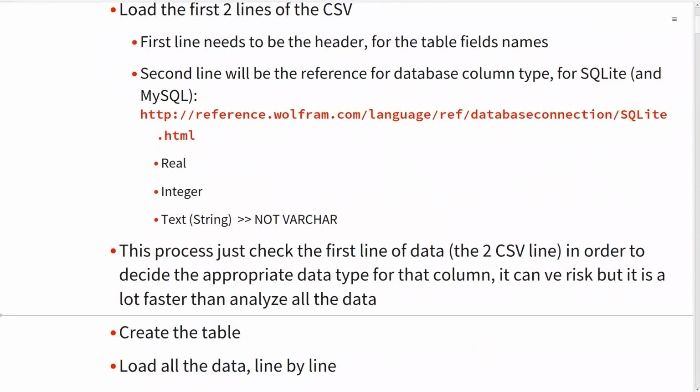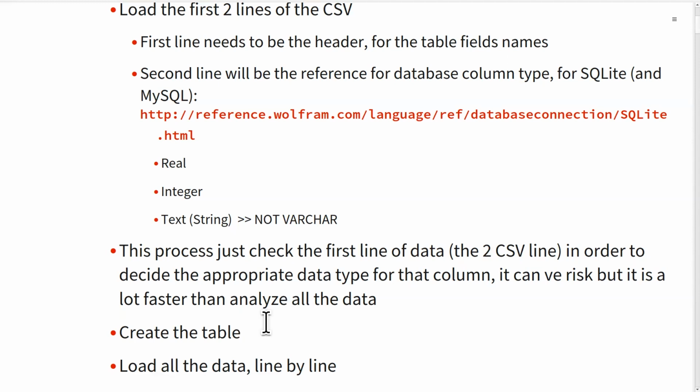Moreover, those three data types for database, they work in MySQL too. It's funny because the databases, they have been evolving, all of them, and they have many data types, but usually you don't see companies using those things. They are very traditional, the database types used in the industry, but we have a lot of new stuff that can be good for us. For example, this text, in fact, it doesn't matter the size. Of course, there is a limit, but it's a big limit. And so it works very well for data science.